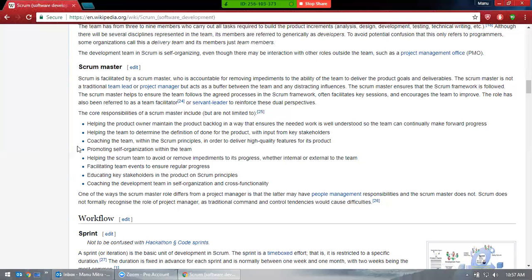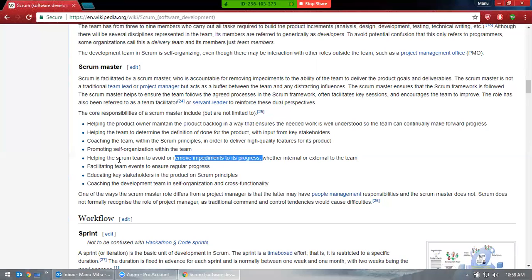Well, if you want, you can look up the responsibilities of the Scrum Master. You can see it anywhere, not just Wikipedia or somewhere else. Go to any document which states the responsibility. Even if you are a certified Scrum Master, you must still know the responsibilities. The most important thing is to remove impediments from its progress. That impediment is hampering the whole project, not just one or two guys. So that's the reason the Scrum Master is responsible.